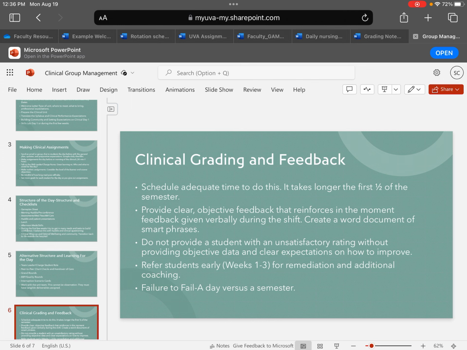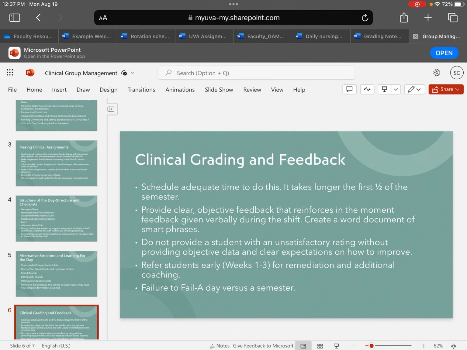So if someone could not appropriately use the unit-specific Dynamap and really struggled with that and required a lot of supervision to do that basic skill, maybe they also didn't ask for help. You want to very clearly and directly provide that information and then provide them